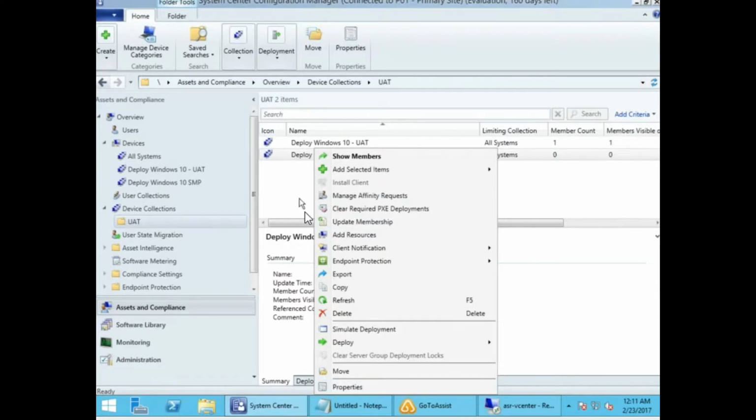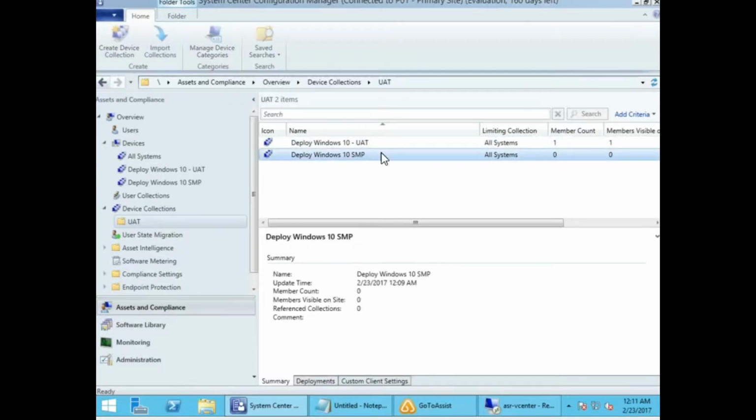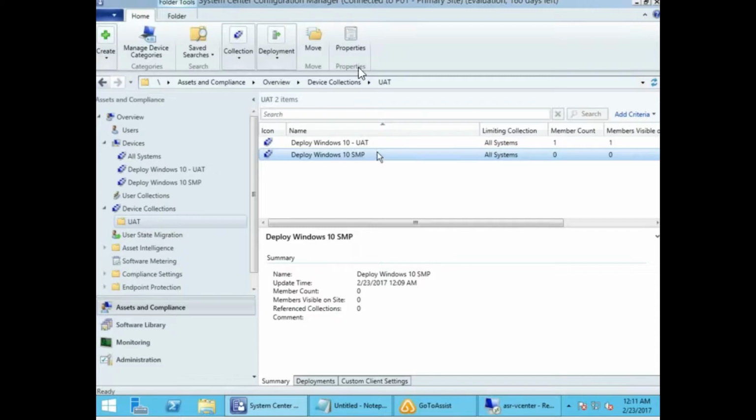After that, go to the properties. Once Windows 10 has been deployed, you can delete that. I can show you once the VM gets deployed, how I'm going to delete it. And the next step would be to go to the